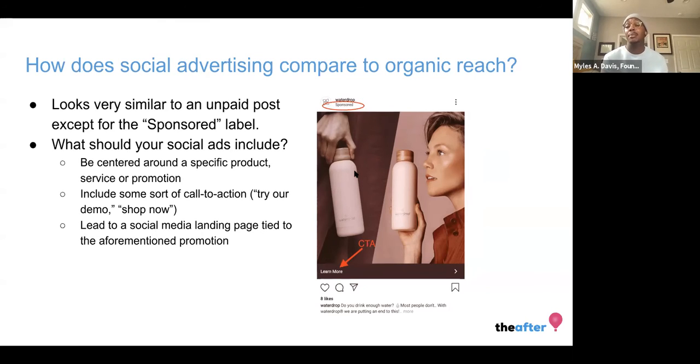The one difference that is important is that you really want to include a few things. One, you want it to be centered around a specific product, service, or promotion. So if you have a sale going on, if you have an event, if you have anything that's specific to a promotion, a product, or a service, you want to make sure you're putting that in your ads. You don't want to just use a social media ad to, for example, on our social media, we post a lot of quotes. I wouldn't boost that